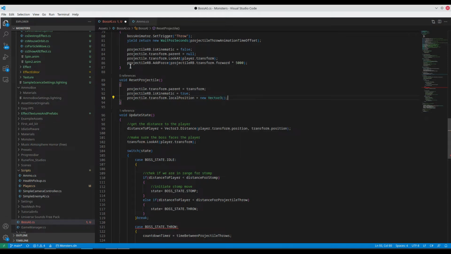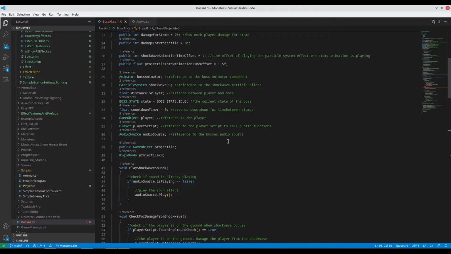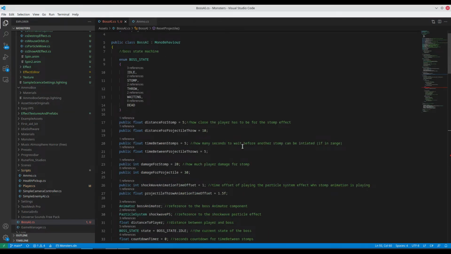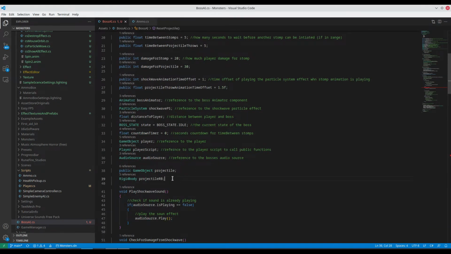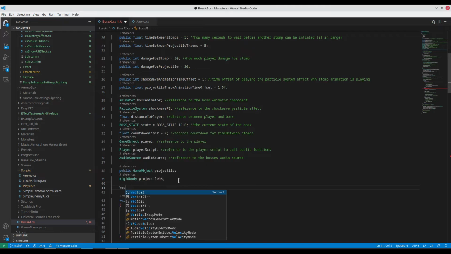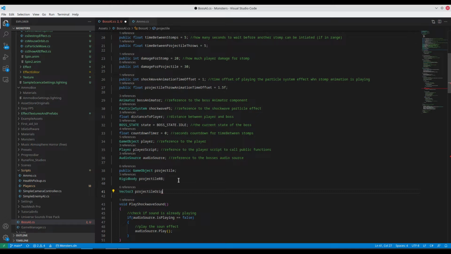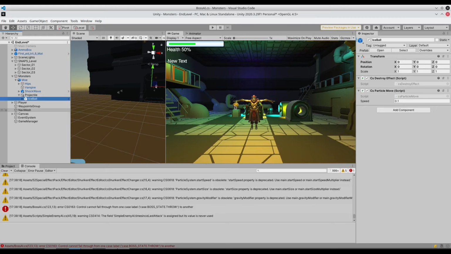Okay, and for this I'm going to store the origin of the projectile. So I'm going to make my variable here. So I'll say vector 3 projectile origin, and that is essentially going to track